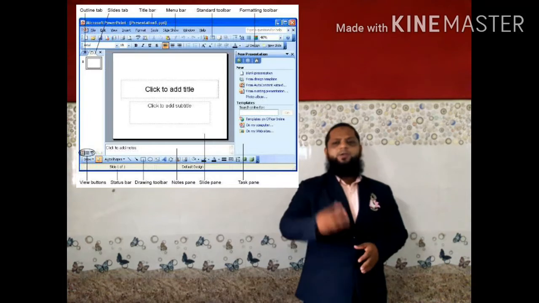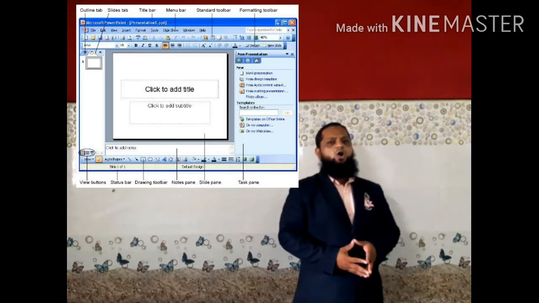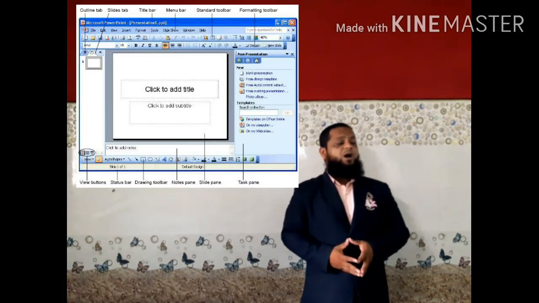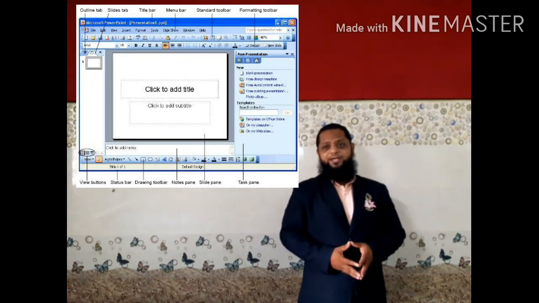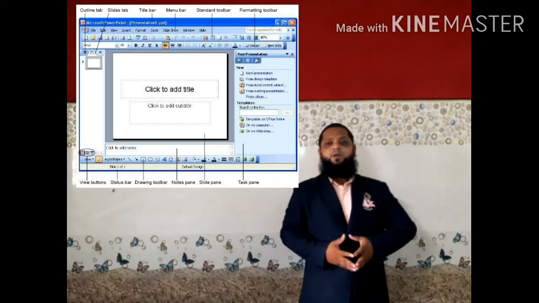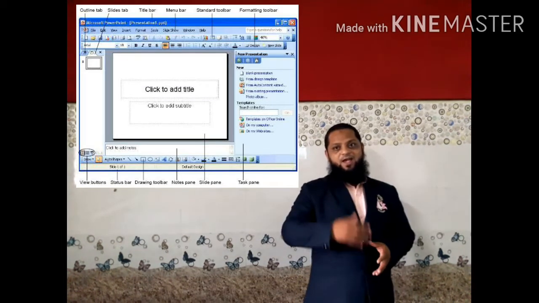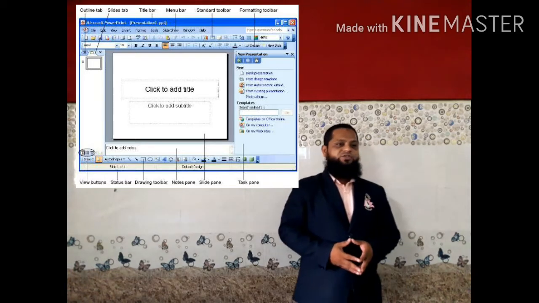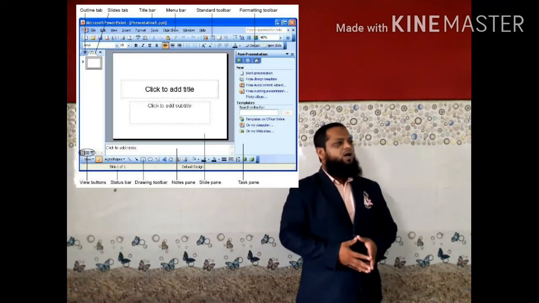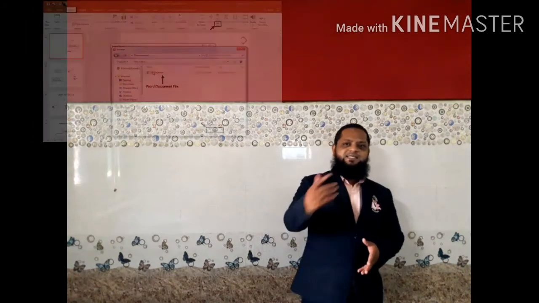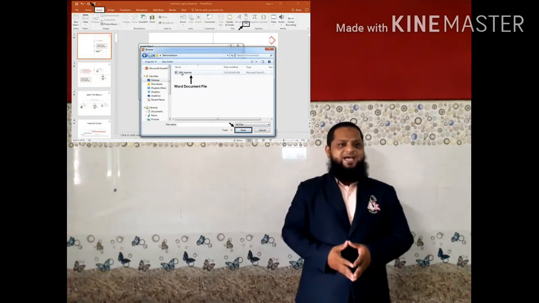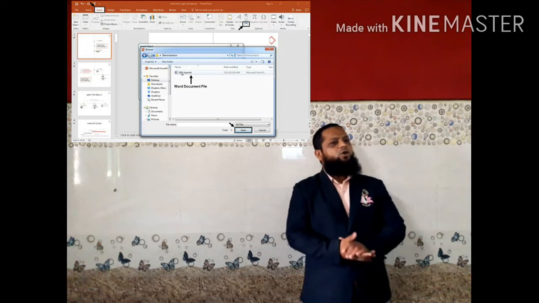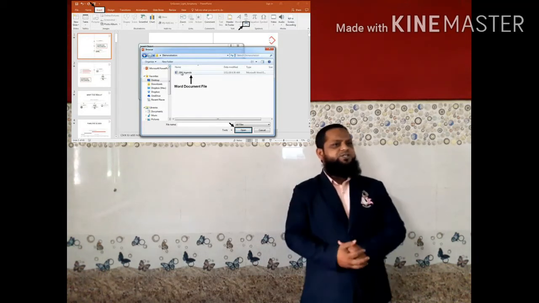For example, you may be able to get the shortcut or icon of PowerPoint software on the desktop. Double click on the icon. The Microsoft PowerPoint software will be displayed on the screen. If you would like to make a new file, then you have to click on the Office button, select the New option from the list and click on the blank slide. Type the information you need on the blank slide and insert the pictures.